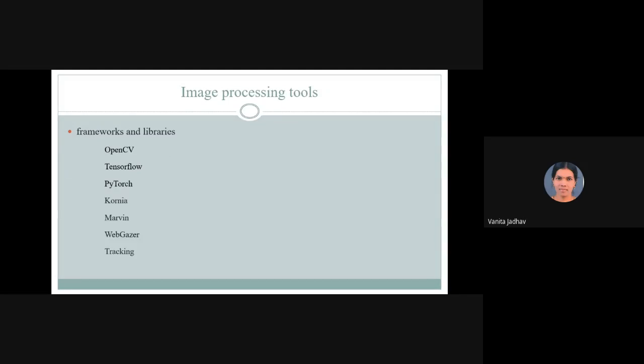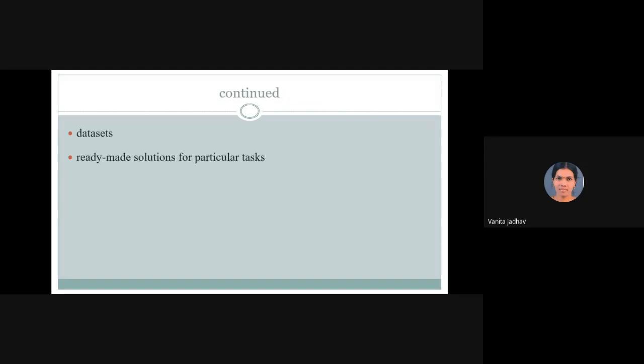Next are the image processing tools. There are three tools in image processing. First one is frameworks and libraries. Second is data sets, and third one is a ready-made solution for a particular task. So I will explain one by one. First one is